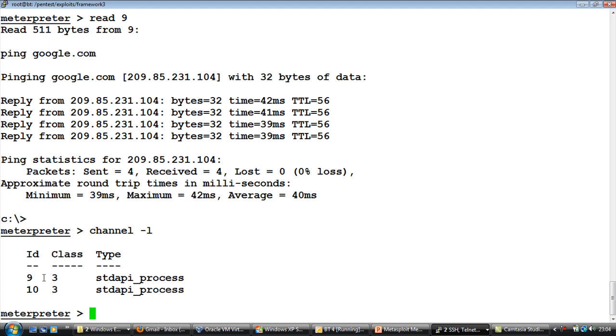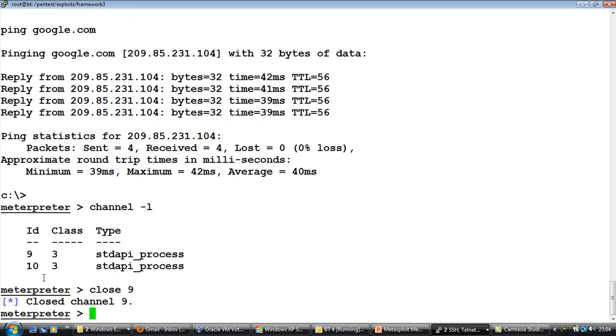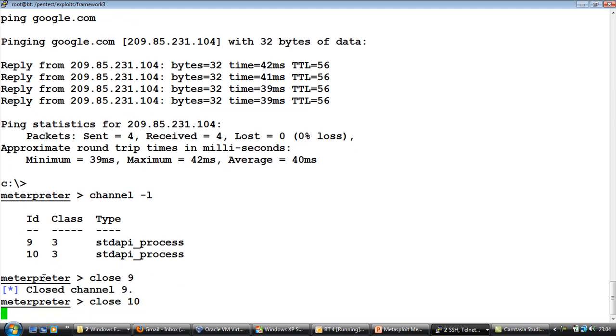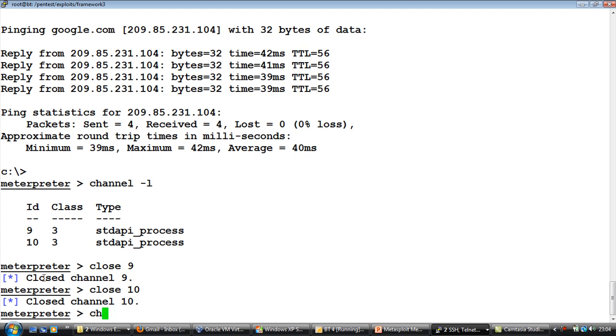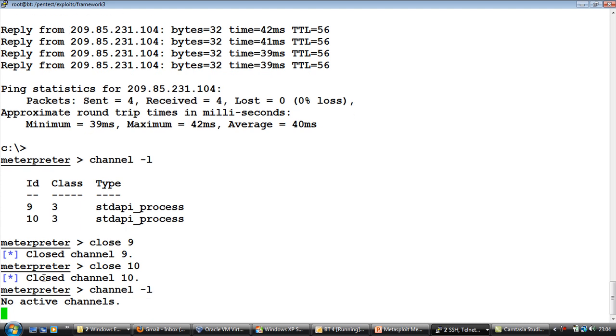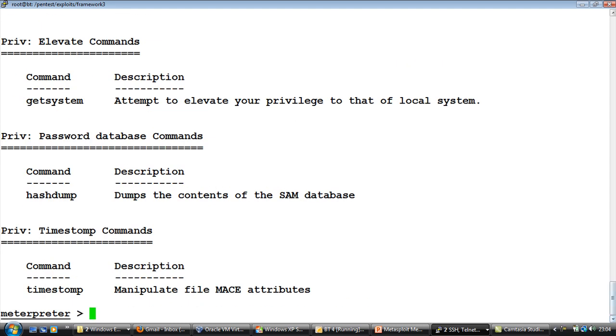You can go ahead, run these different processes on different channels and switch between them in order to get the control terminal for those channels. Or even better, you can send data to all of those channels without even having to interact with them, right? Finally, if you want to close a channel, you just use the close command along with the channel number, right? This closes the channel. As you see, it says no active channels currently available,